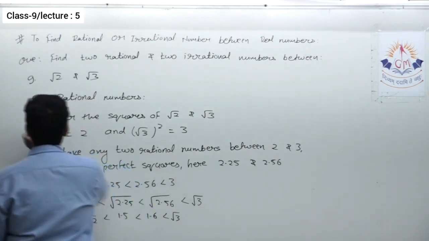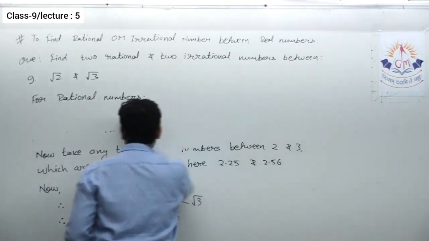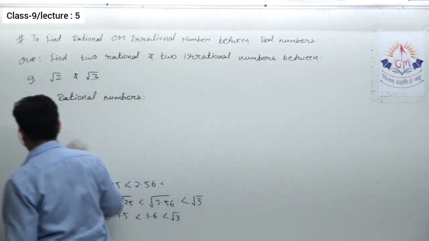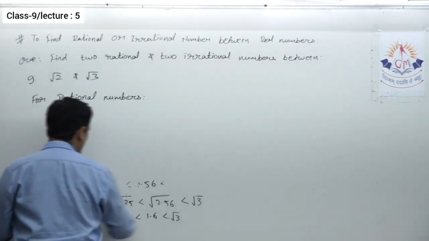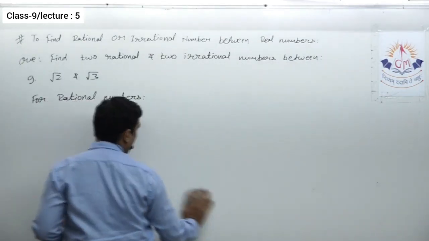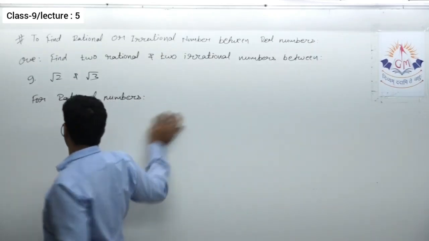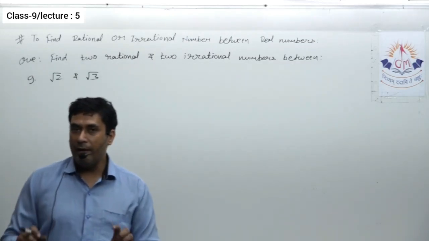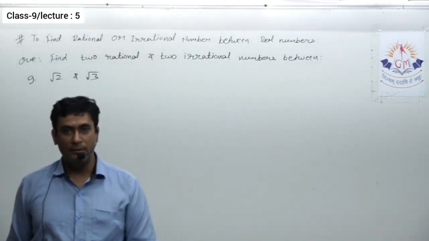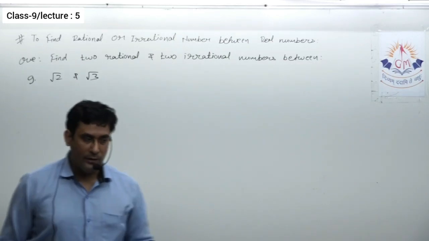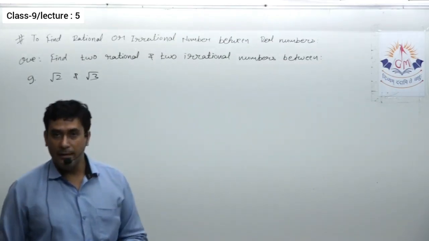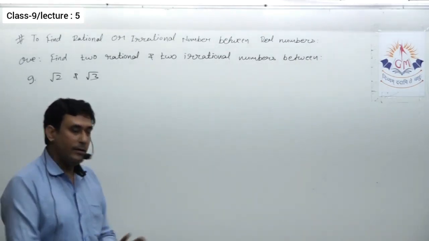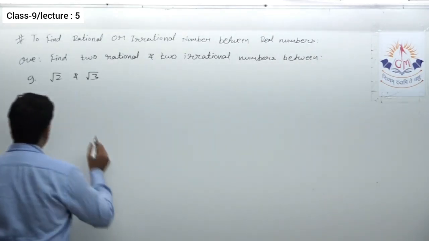Okay, now we'll see how to find irrational numbers between these two numbers. That means when we have root 2 and root 3. See, when we saw some useful results on rational numbers, over there I gave you one point that if a and b are two numbers such that root of ab is not a perfect square, then the number obtained, that is root ab, will be an irrational number lying between a and b. So we'll use that concept.